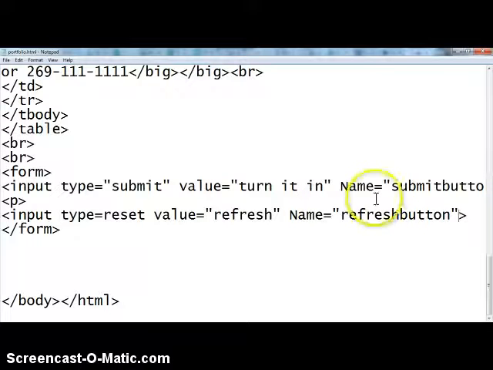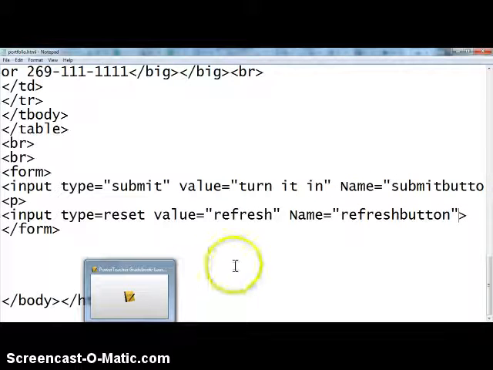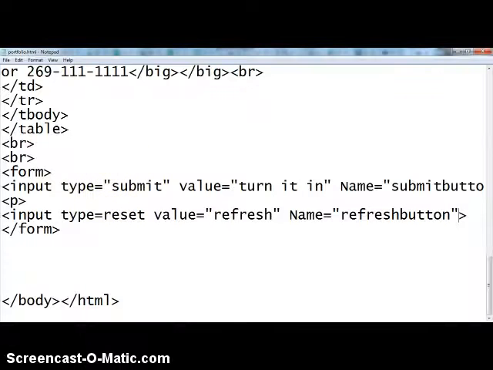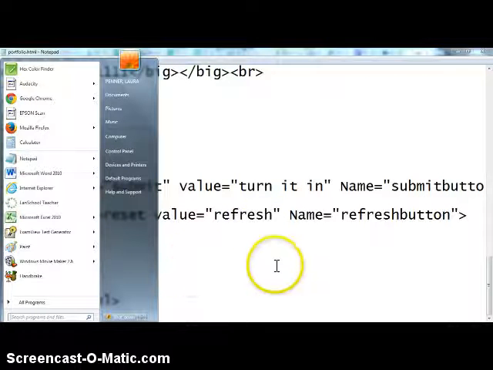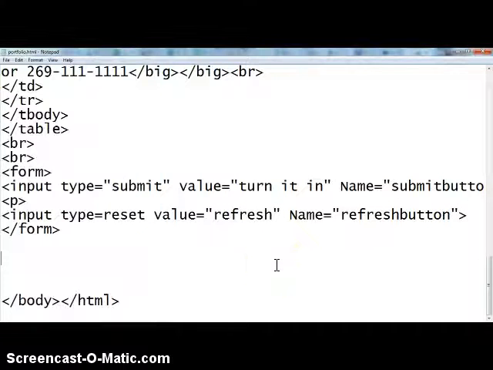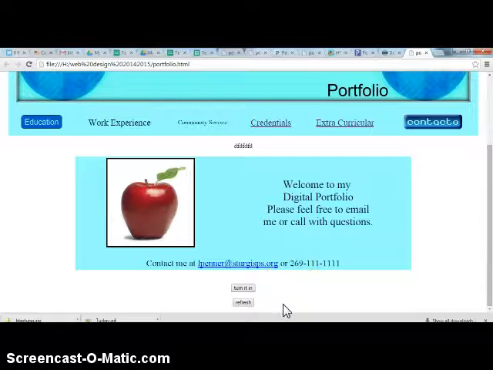Okay, so save that and refresh and see what you have here. Okay, so what's the only thing that did when you saved it? Yeah, basically switched what it says on the button, okay? In this case, it's like turn it in or submit it. It's still a submit button. The other one's refresh instead of